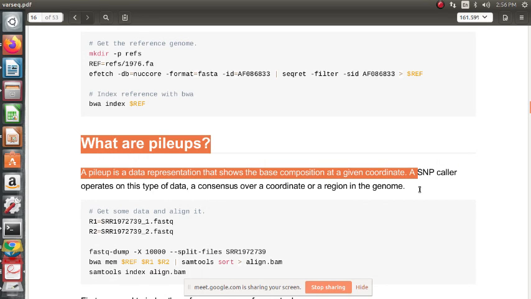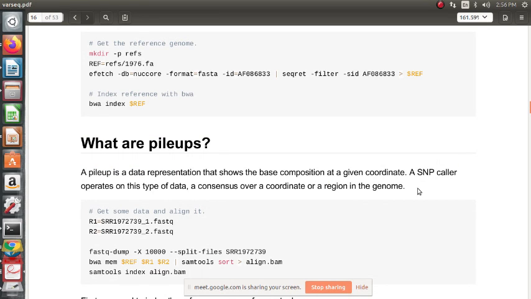Yes, what are pileups? A pileup is a data representation that shows the base composition over a given coordinate or region in the genome.